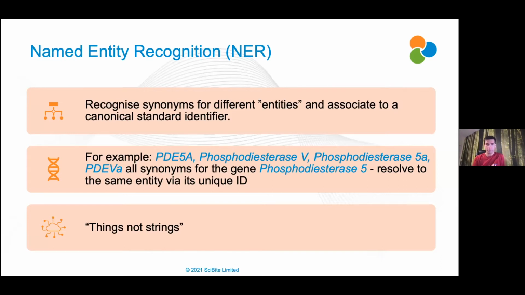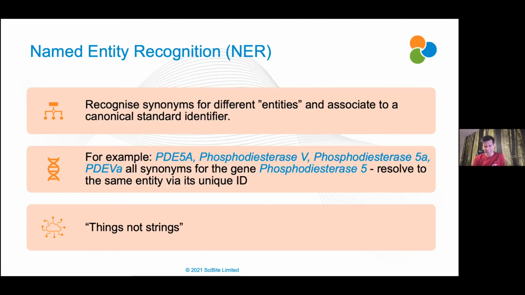In terms of applying these ontologies, a lot of our job is about named entity recognition. That's a lot of what we do with our customers. So this is really not an ontology issue. Taking the ontologies, we're really not utilizing a lot of the relationships for this. It's about taking the words, getting the words that you want, being able to recognize the different words that mean the same thing, they're the same entity, and then just link that back to an identifier. Obviously, if you're creating ontologies, you're very familiar with a class which has synonyms that all mean the same thing canonically. So that's the kind of thing we have to do with the NER tool.